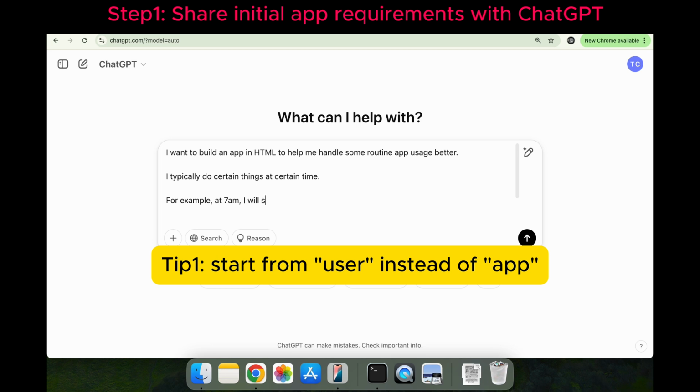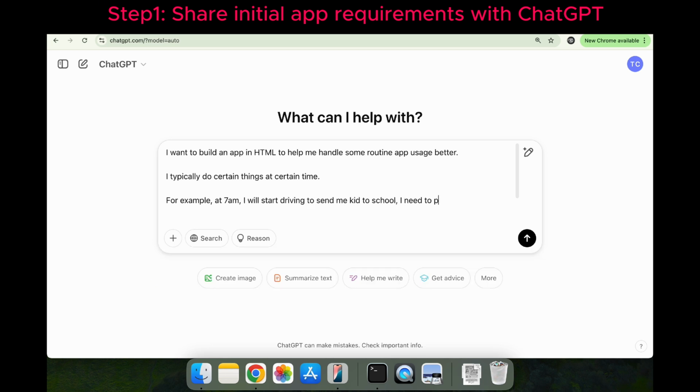I typically do certain things at certain time. For example, at 7 a.m., drive to drop off kid to school. I need to type in the school name in my Maps app. At the same time, my kid will ask me to play his favorite music, so I need to find it